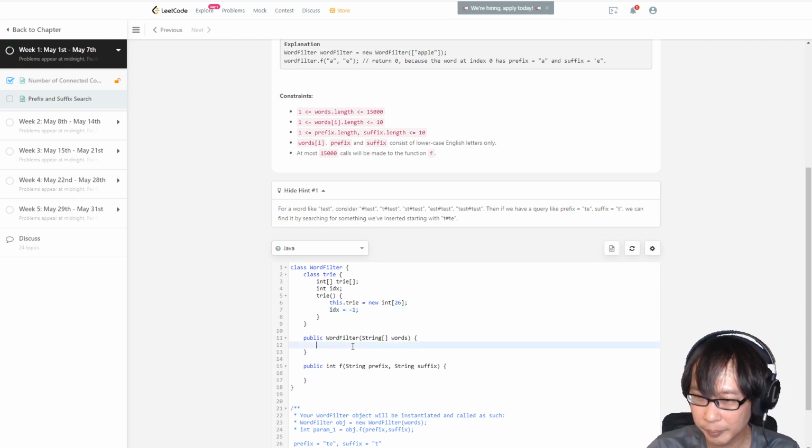And then to initialize it, we just for each string word in words,